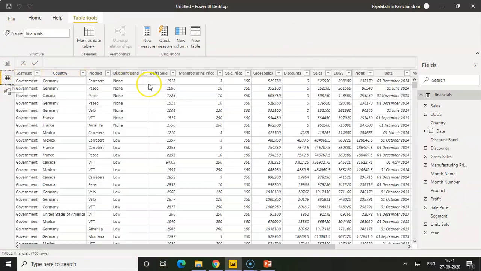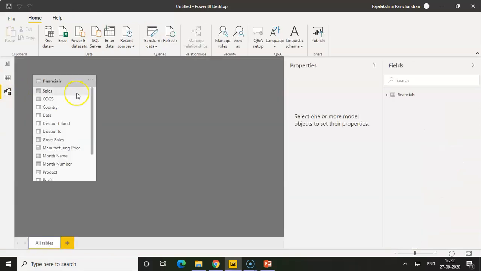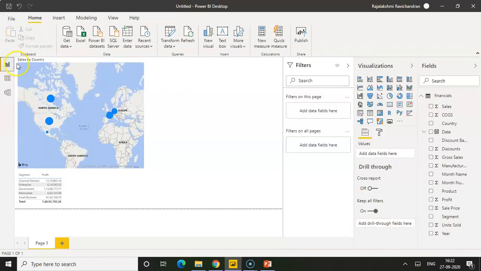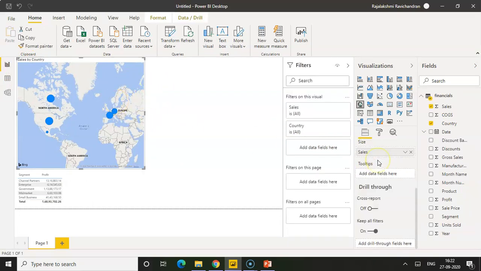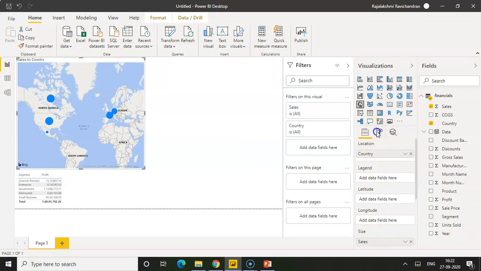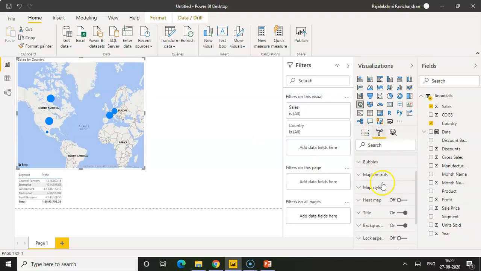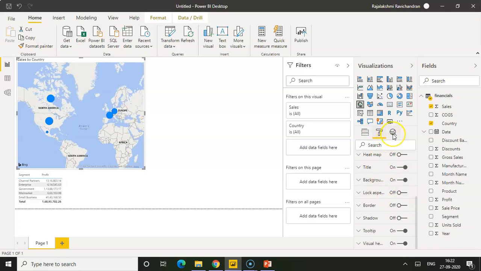And here you can see the preview of your data. If you want to add any new columns or new measures, you can add them from here also. If you have more than one table or more than one sheet connected from the file, you can go to the model view where you can create the relationships. For each visualization, you have certain properties, based on which you can change the colors, values, etc. We will be seeing each visualization in detail in the coming videos.